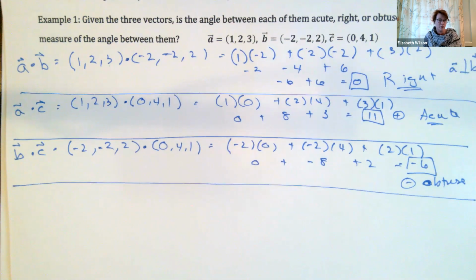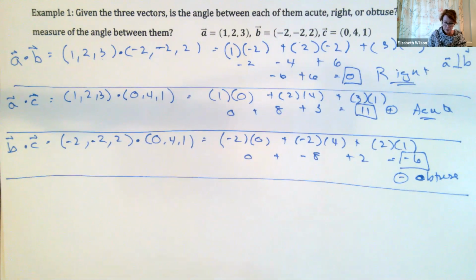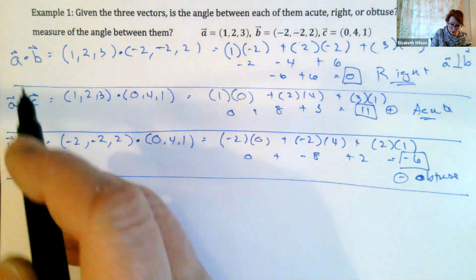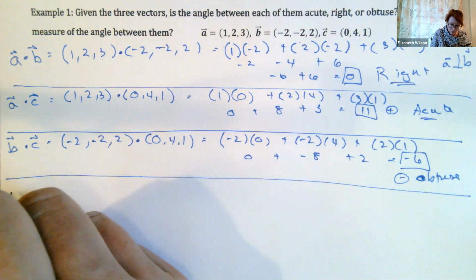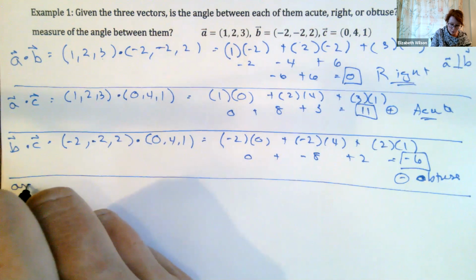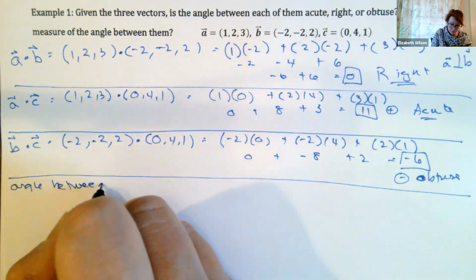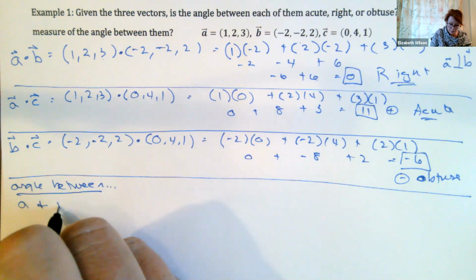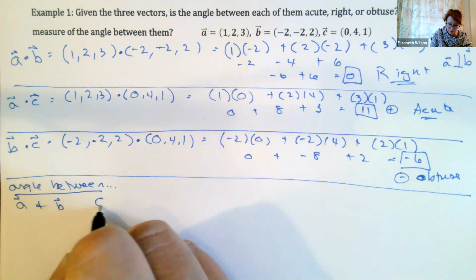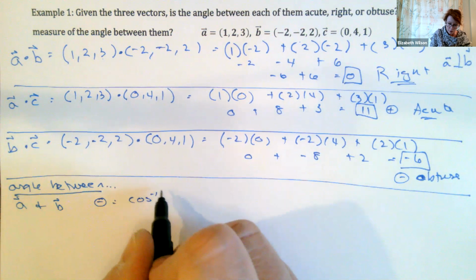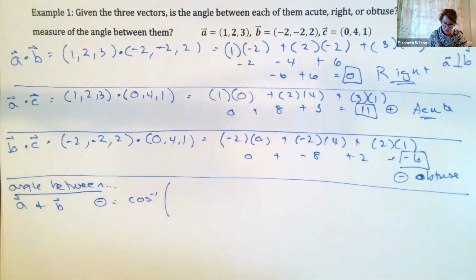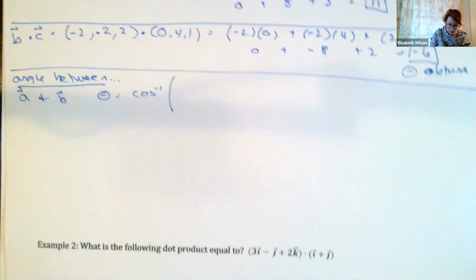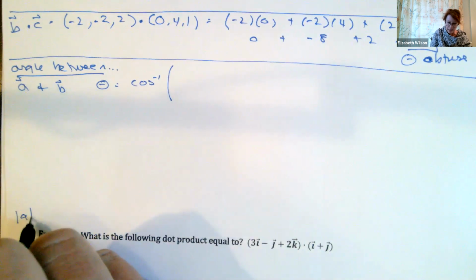Now we're going to prove it to ourselves. We're going to actually calculate out what these angle measures are. So let's see, the angle between A and B. This is going to be theta equals inverse cosine. Actually, we need to calculate the magnitudes first. Let me think about where I can do this. I should have done that offline. Let me scroll down just a little bit here. So I'm going to go magnitude of A, because I need that for my